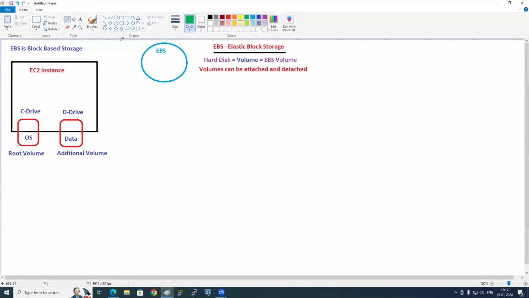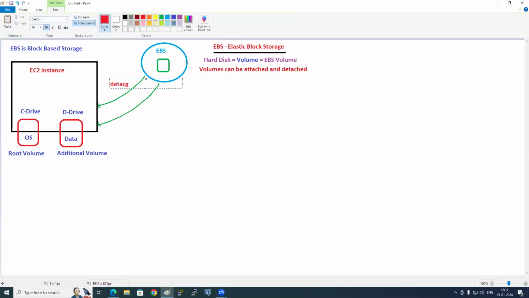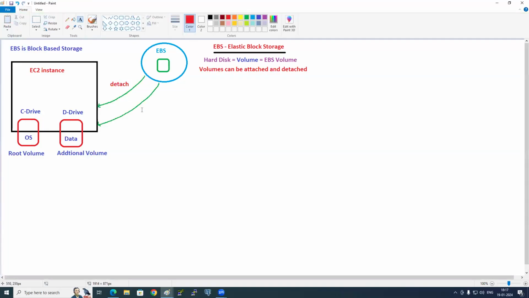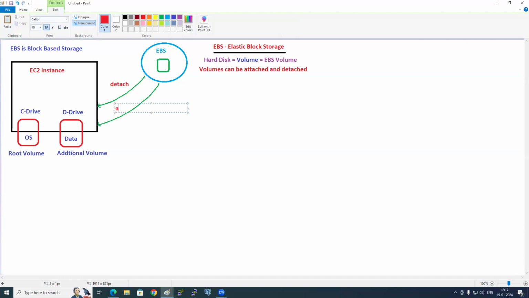So here you create a volume. Suppose you have created a volume here. This volume can be attached here, and this volume can be detached. But in what scenarios we will attach, in what scenarios we will detach, we'll talk about it.